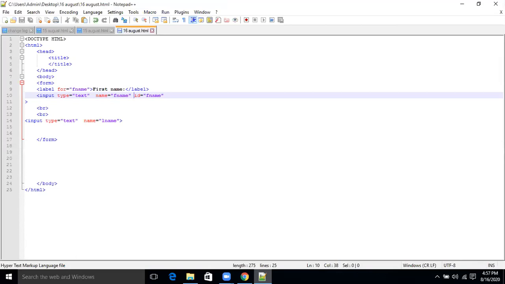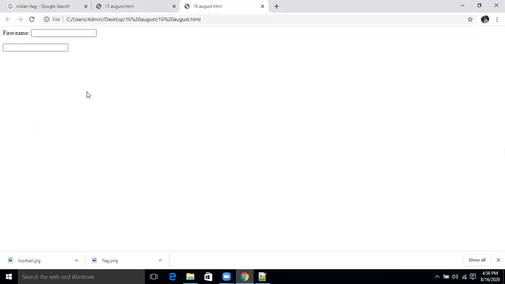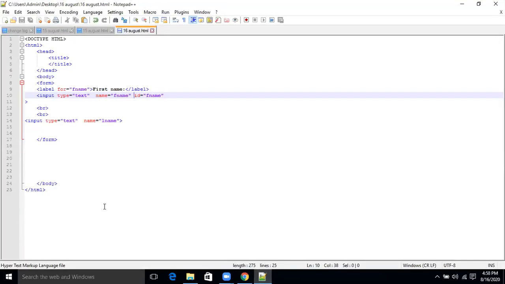Sir, I did the same thing to the other one also, but nothing happened. But you need to find out why it did not happen, right? Please spend some time. First, you have to change the label name. Change the label name. Oh yeah, one second. And then just change that ID name and all. Krish, where are you stuck right now? Sir, mine is working. But where is your second label? I don't see the second label, right? So we have to have the last name also. We only have one label, correct? Yes, sir. So what should we make it? Yes, you have to make the second label also.